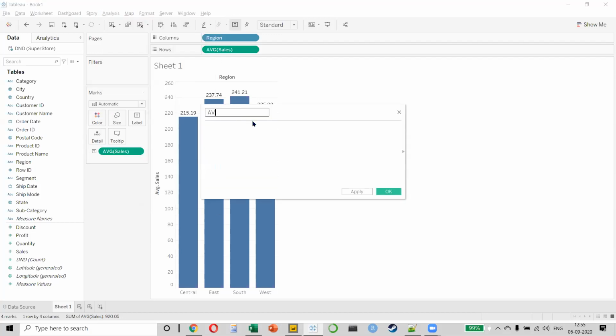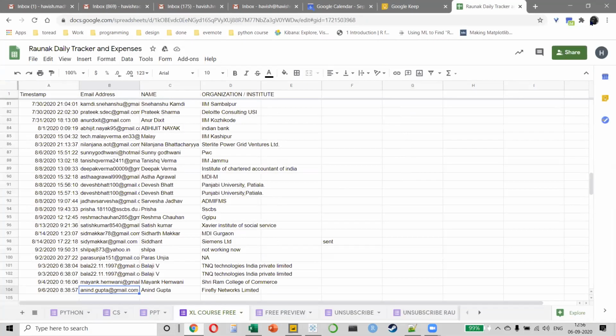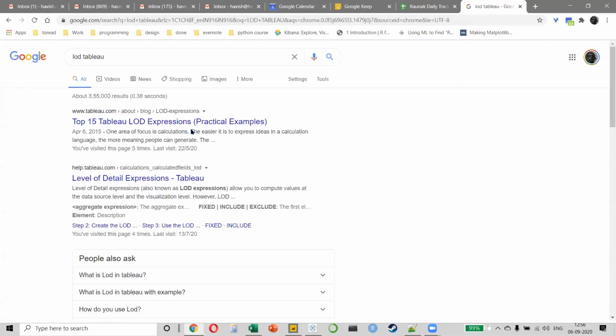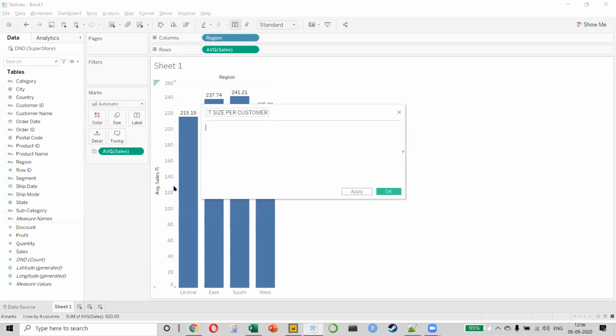What do I want? I want to find the average ticket size per customer. That's what we want, remember? Now, what I'm showing you is a very advanced calculation. These are called LOD expressions. I'll just come back to Google in a bit, but I'll just write it here what LOD is. LOD is level of detail expressions, right? Okay, let's see how we do this. So we will first put a curly brace like this. And then we will say include. Now, what do we want to include? We want to include our customer name and the sum of sales.